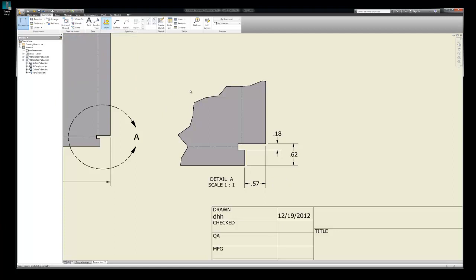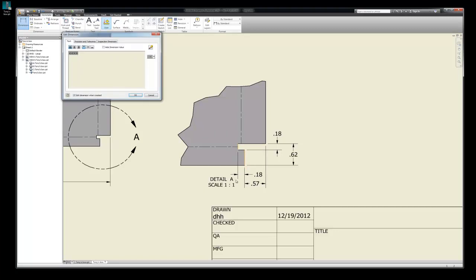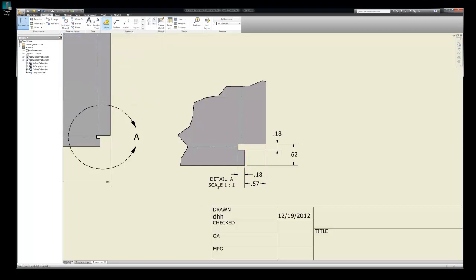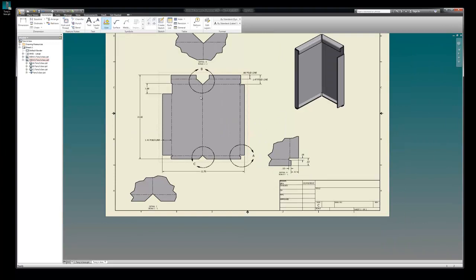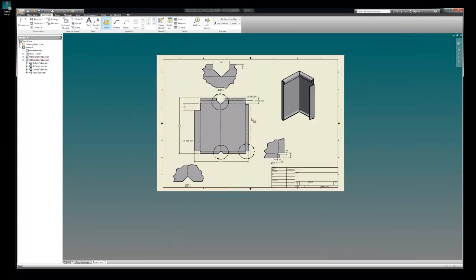And we need one other dimension, which is this depth dimension here. I wanted to show you about that, so I'm going to pick on this and move that detail. Now watch what happens. I double click a couple times and I grab this and I can just move it and slide it on that side, so it makes it a lot cleaner looking. We'll bring this down here and put that underneath there. Great. Obviously I can just keep doing this, but I want to keep this video under 30 minutes,